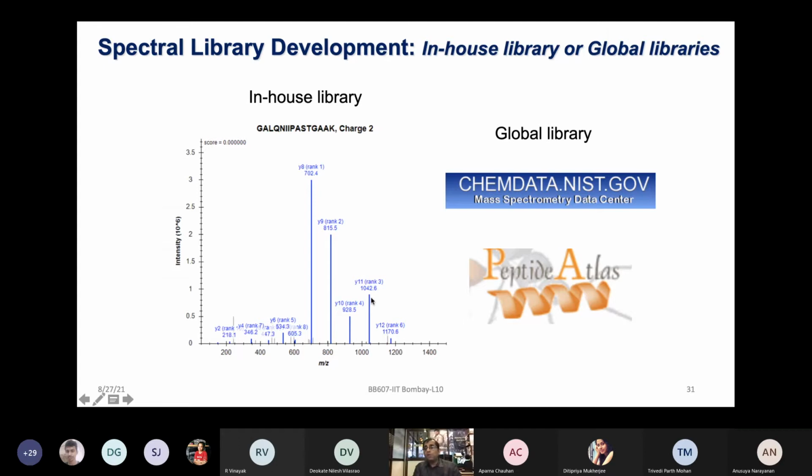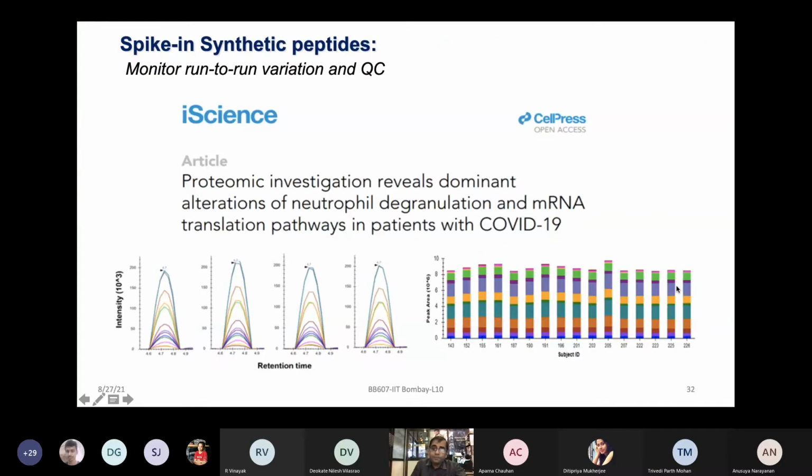Again, sometimes you may not have your own data from your own label-free quantification experiments, so you can go to some of the publicly available libraries like the NIST library and other peptide atlases. Those resources could be utilized to see whether this protein of interest from human origin also matches with the known spectra, which was done by somebody else but is available publicly, and can I overlay and match that spectra.